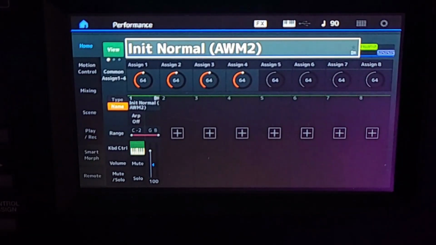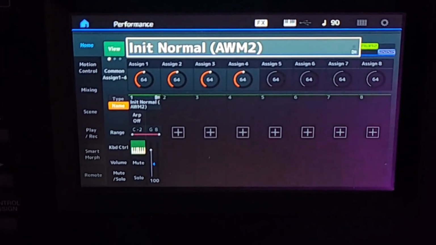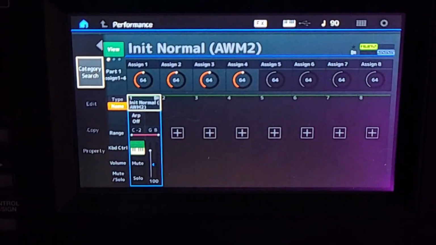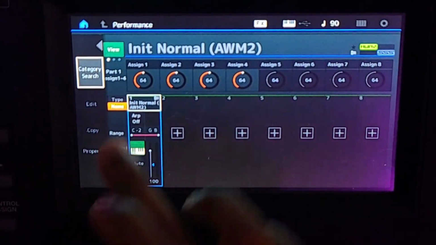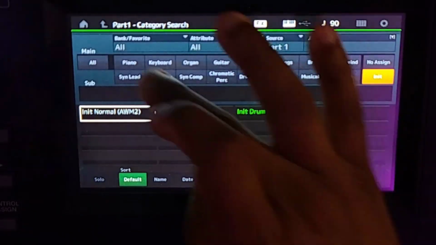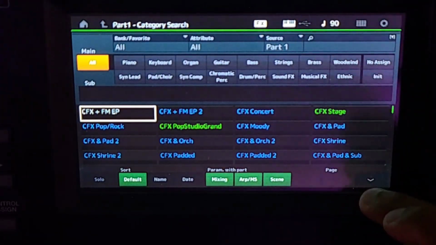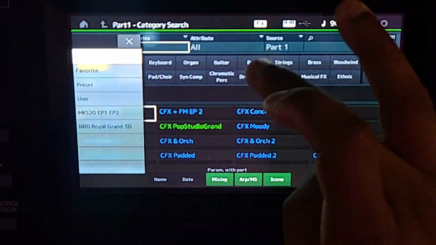Now next we're going to want to choose, of course, in this case, a piano. We're going to click the sound that we want. So in this case, for part 1, category search, and I'm going to go with the power grand piano